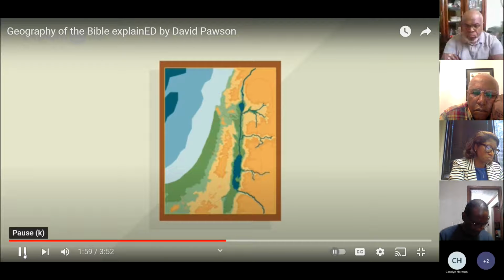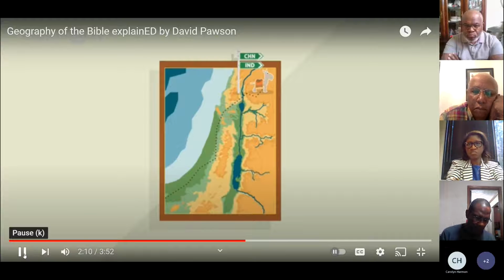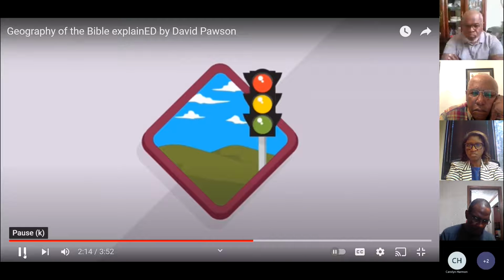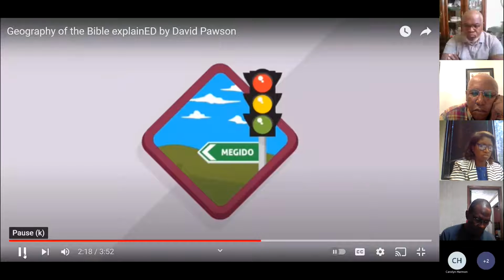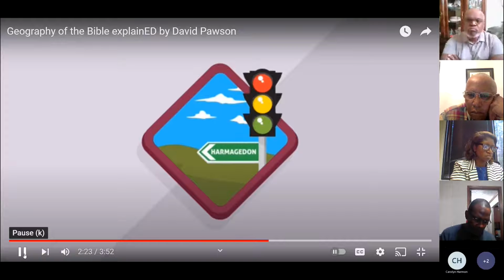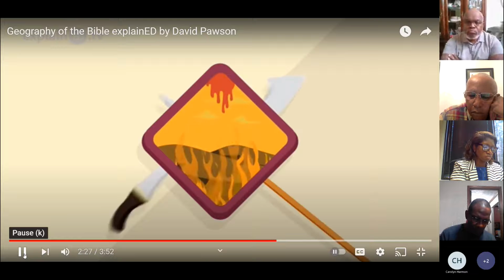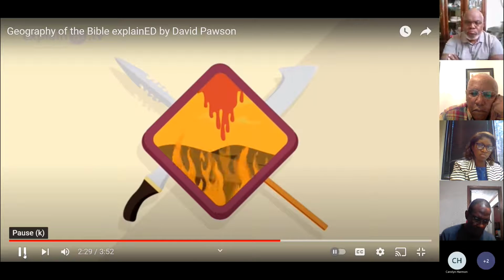The road from Africa comes up the coastal plain, and it crosses over the same Vale of Esdraelon, or the Valley of Jezreel, and goes up through Capernaum and up through Damascus and on to India and China. So the actual crossroads of the world is precisely there, at a little hill called Megiddo. And the hill of Megiddo in Hebrew is Harmageddon. And that's why most of the big battles in history took place there, at the crossroads of the world.